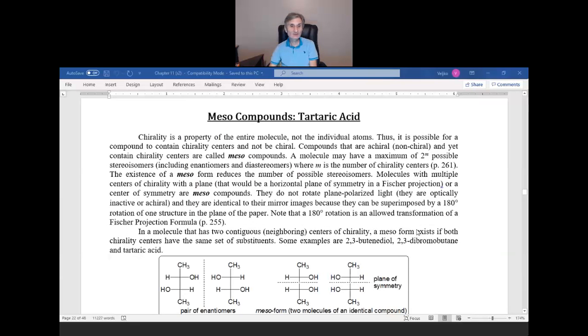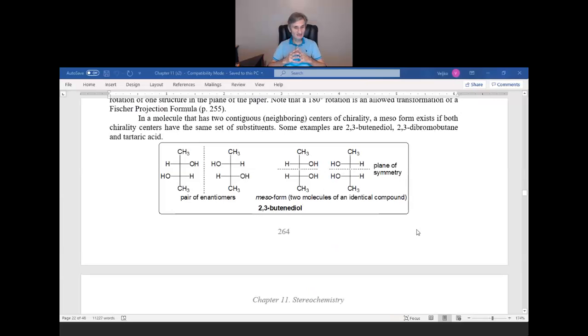Now in compounds that have more than 1 chirality center, but only if there is more than 1 chirality center, then it is possible to have individual chirality centers, but the molecule still has a plane of symmetry, and then it's not chiral. Such a compound is called meso. So that specific class of compounds, meso. It's because they are not chiral, they don't rotate plane-polarized light. They are different from achiral compounds, non-chiral compounds, because they have individual chirality centers. And that example is here,